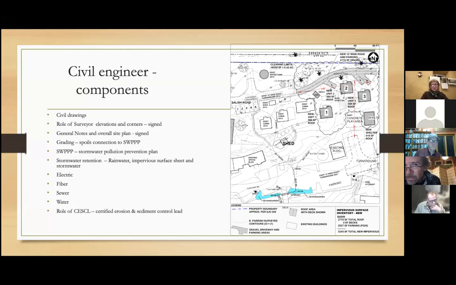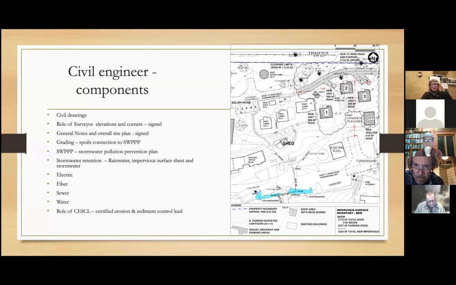And tonight we wanted to specifically focus on what happens when you get that first set of civil drawings. And we're going to talk a little bit about the role of the surveyor, about elevations, what's